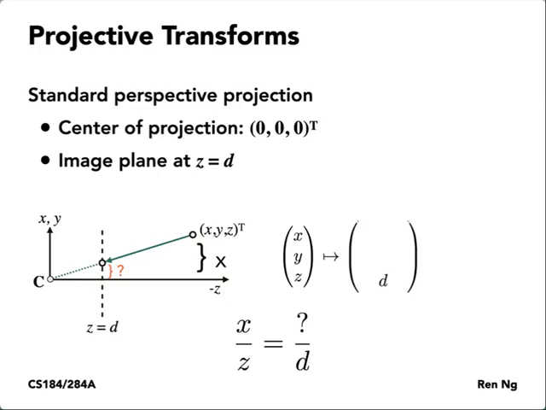It's just similar triangles. Okay, it's just similar triangles. So the X displacement here versus Z is similar to this triangle here, with the unknown quantity over this distance here, which is D. Okay,